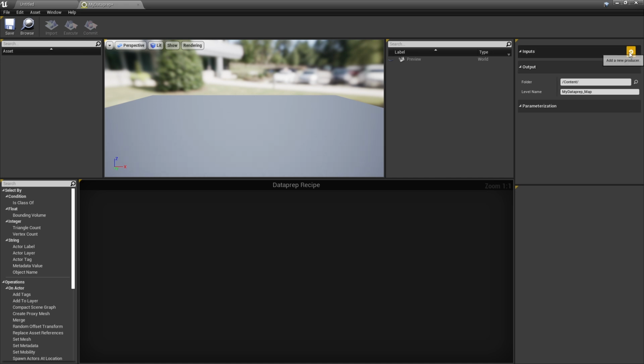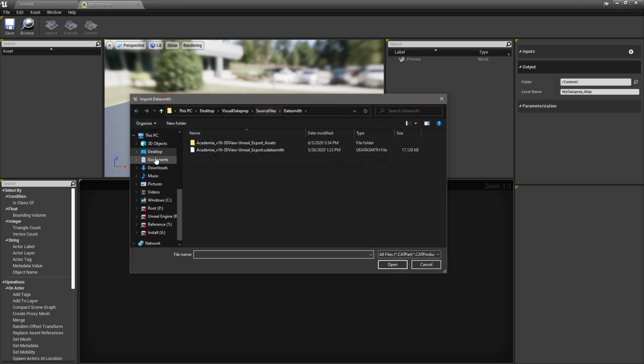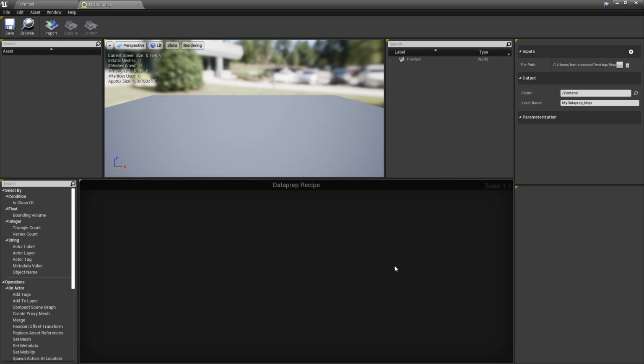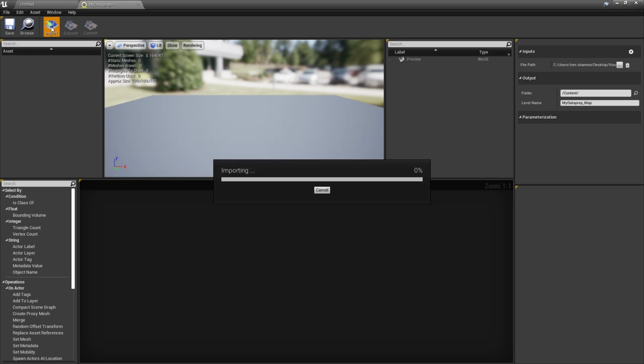So let's start by defining our file to import. As you can see, we can import both individual files and folders. We can also have a mix of files, a list of files, folders, whatever. We're just going to do a file import for now. I'm going to choose this Datasmith file that was exported from Revit. And when I click open, you can see it just assigns it to the file path here. Before it appears anywhere in the editor, first I must import it.